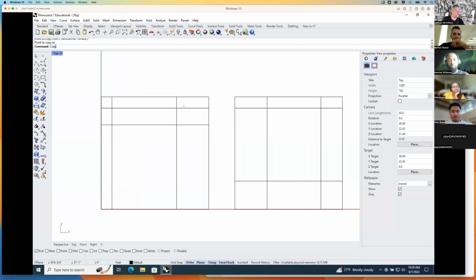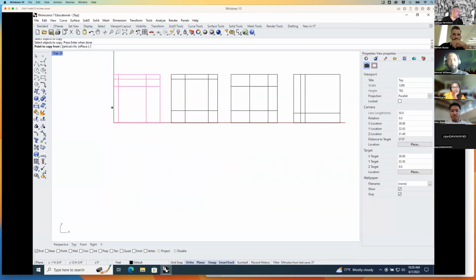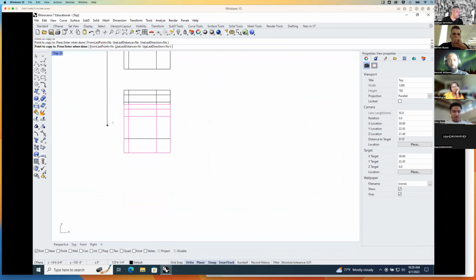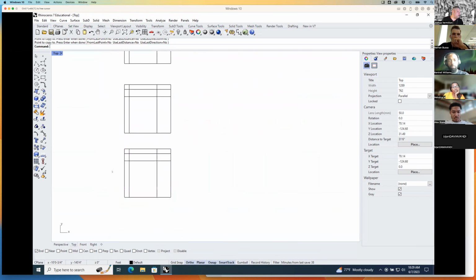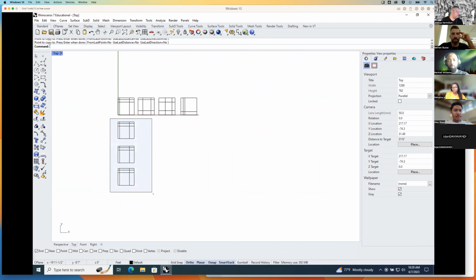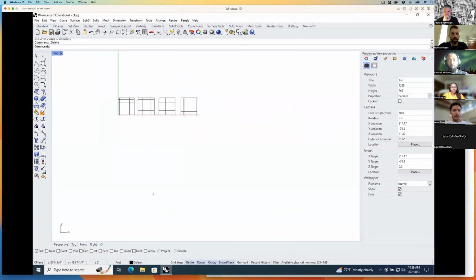Does that make sense? Here, watch mine again. So I'm selecting everything. When I'm done, I right click to enter. Point to copy from, I'm just going to click here. And I'm going to drag my cursor. Since I have ortho on, I can only go up or down or sideways. And then when I want to make a copy, I click. And I click. And I click. Until I'm done, I hit enter or right click. I don't know what I'm doing different. I feel like I'm following along, but